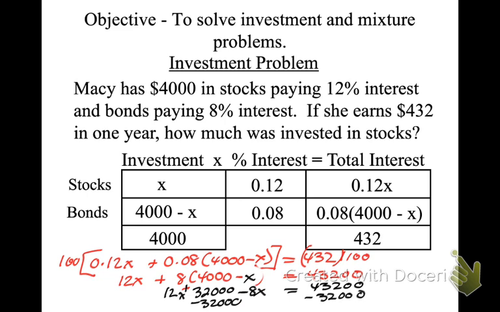So we get 43,200 minus 32,000. We get 11,200. So this ends up equaling 4x equals 11,200. Divide by 4, divide by 4, and x